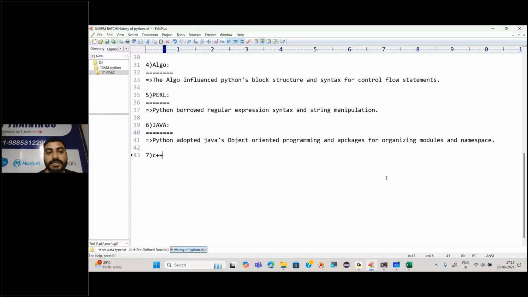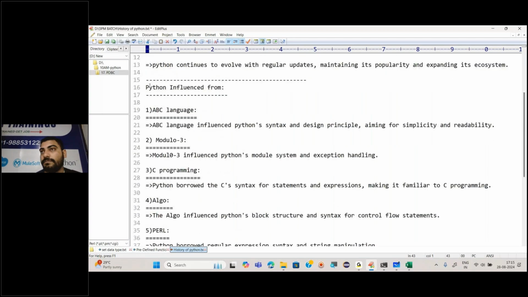Similarly, I do have something called C++. C++ is also used for object oriented programming, right? C++ is also an object oriented programming language. From there also we can see that Python got inspired. Okay, so these are the languages from which Python got influenced. Did you get it?